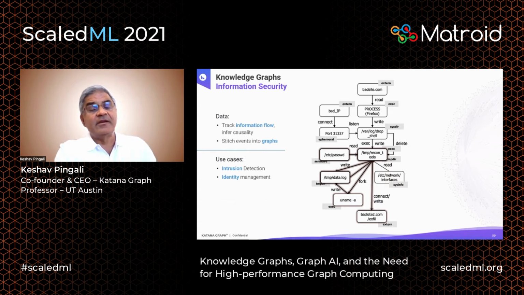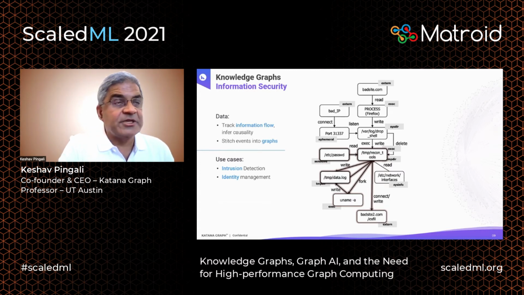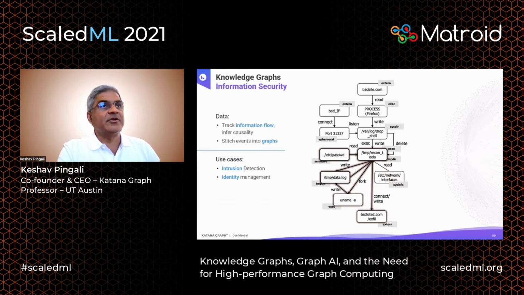Given an evolving graph of this sort, there are certain forbidden patterns like the highlighted one shown in this picture. If you find that, then you're supposed to report that as a potential threat. A lot of security applications have this sort of nature. You have this big evolving graph, and then you're looking for certain forbidden patterns within them for doing intrusion detection. Identity management is another big application in this space.